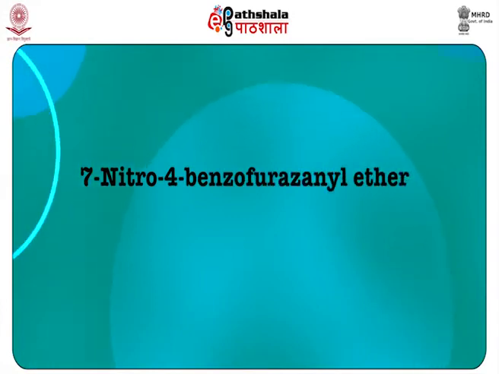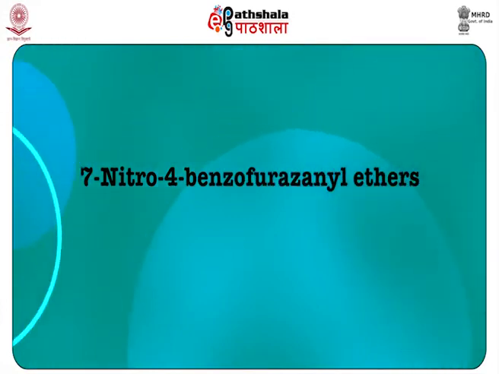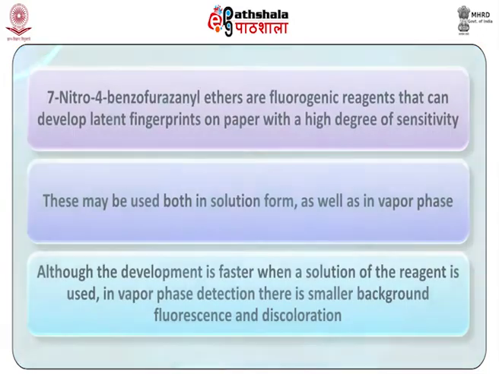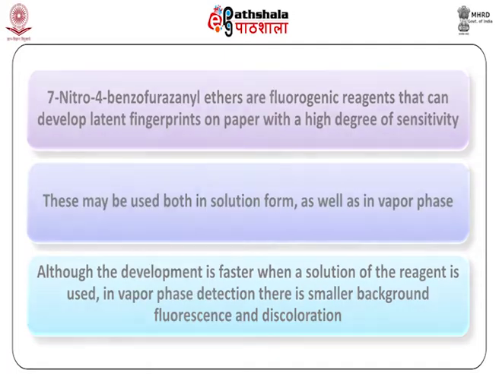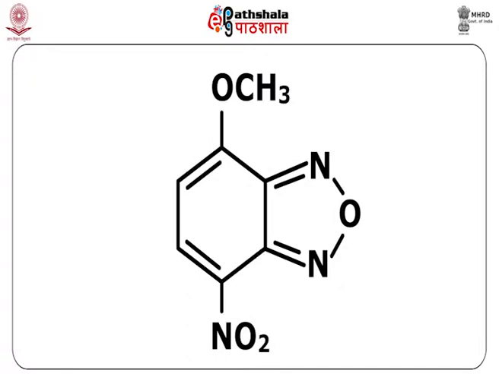Another reagent is 7-nitro-4-benzofurazanyl ethers. 7-nitro-4-benzofurazanyl ethers are fluorogenic reagents that can develop latent fingerprints on paper with a high degree of sensitivity. These may be used both in solution form as well as in vapor phase. Although the development is faster when a solution of the reagent is used, in vapor phase detection there is smaller background fluorescence and discoloration. The most important compound of this classification, which is mostly used for latent fingerprint detection, is